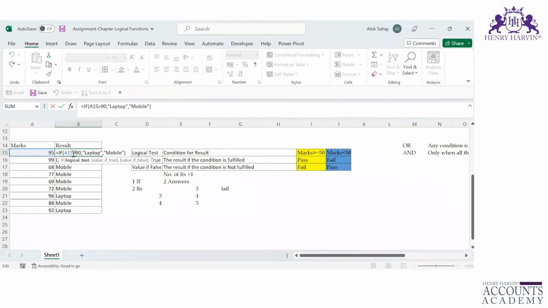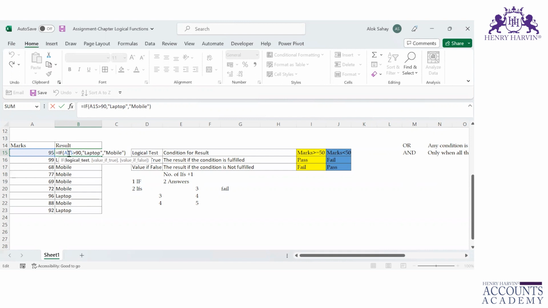In that condition, you'll be getting a mobile, or else you'll be getting a laptop, right? So whenever you add NOT into your logical test,